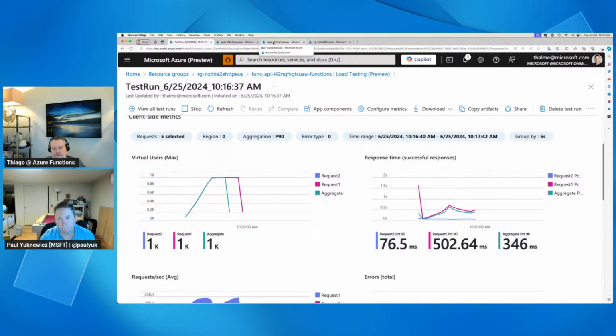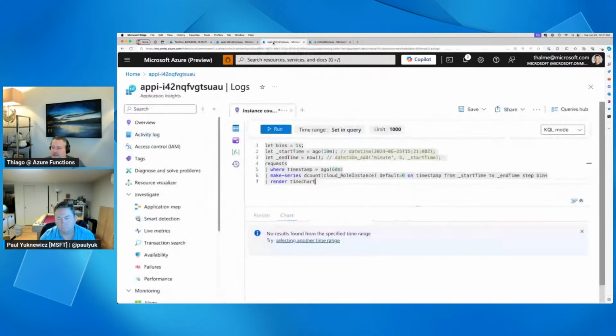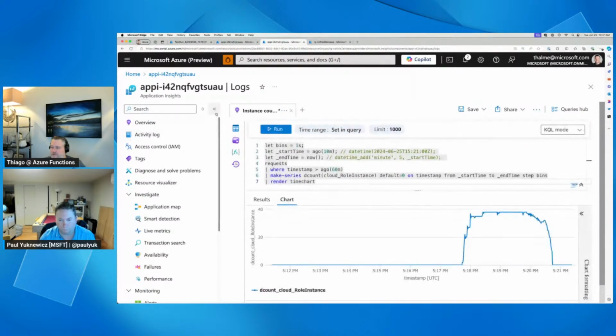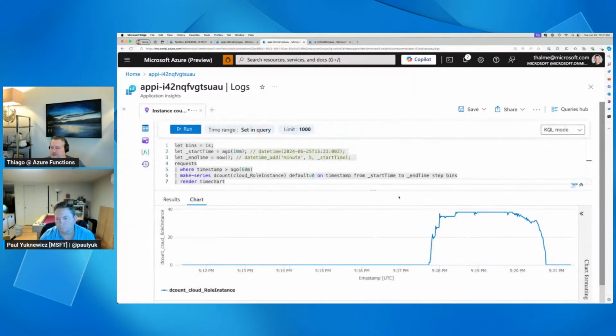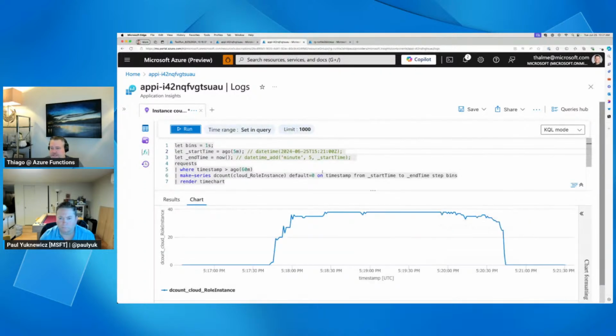And the final thing I wanted to show for this demo is instance count. So there's a few ways that you can write a query to show how that instance was scaled. Maybe I can make this a little smaller. You can see here the app was scaled to 0, or at least as far as you as a customer should be concerned, the app was not processing any requests, so you're not paying for anything.